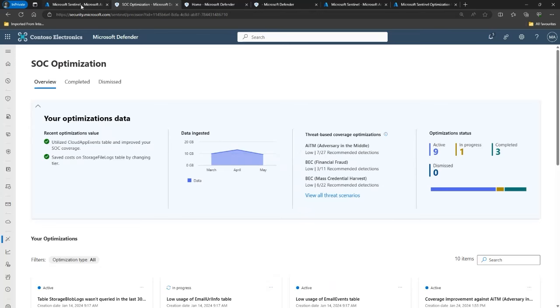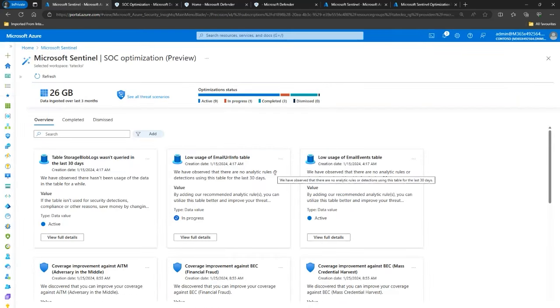Whereas in the Sentinel Portal, you will find the total ingestion size for the last 3 months. You will also find the threat-based optimization scenarios and also the optimization status, but they are all in the Azure